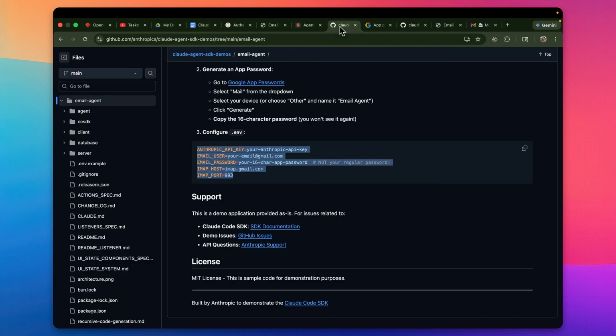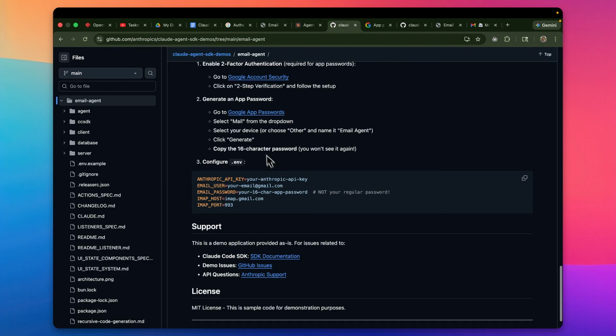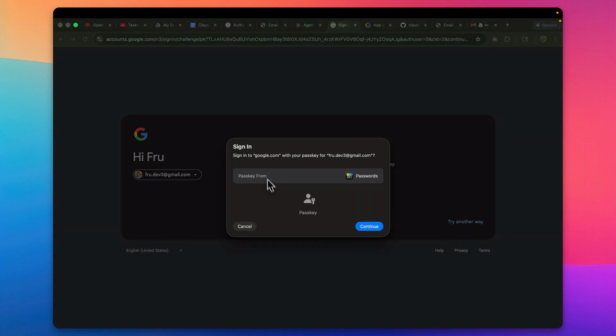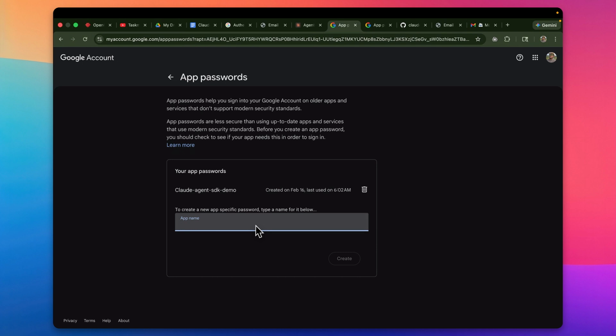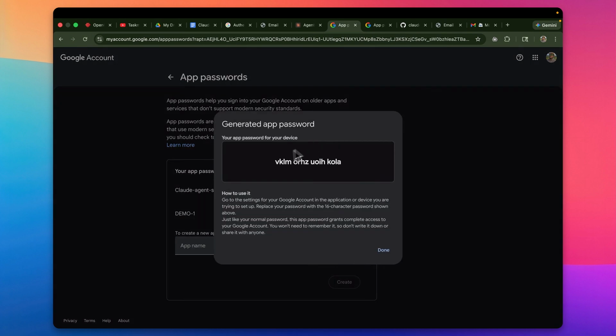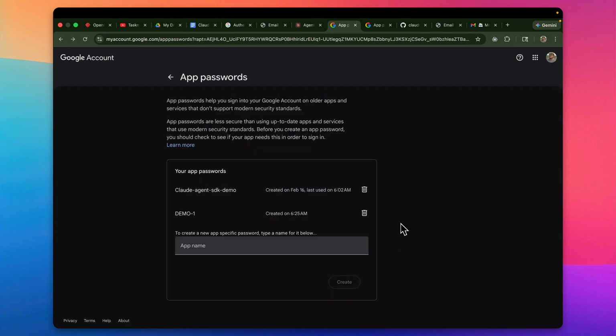So come back into this example. There is the Google Apps password. This is what you need. So just click on that. It will take you to this experience here. So with any lock, I can authenticate. So give it a name, demo1. So just create that. This password is what you need. So just copy this password, and that's what you need to